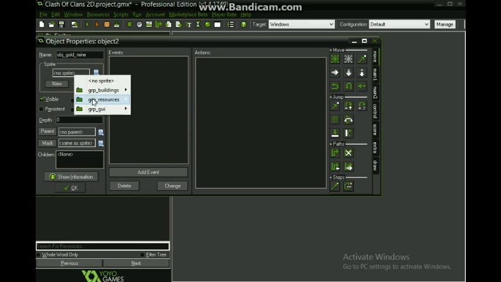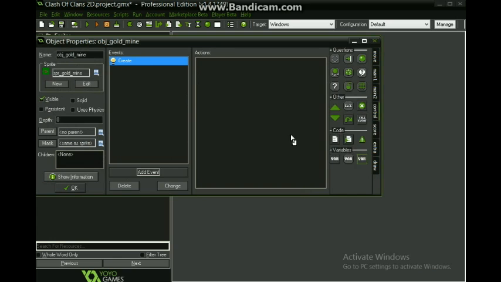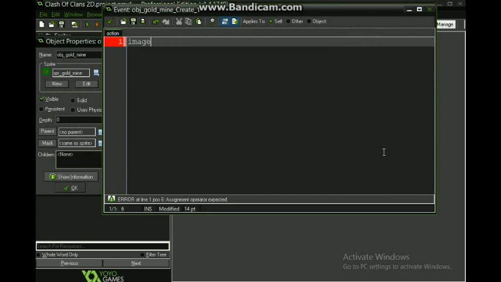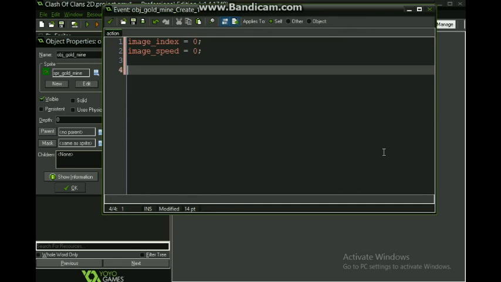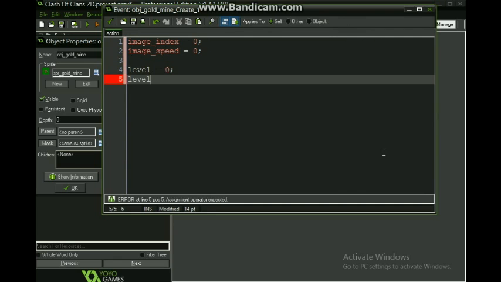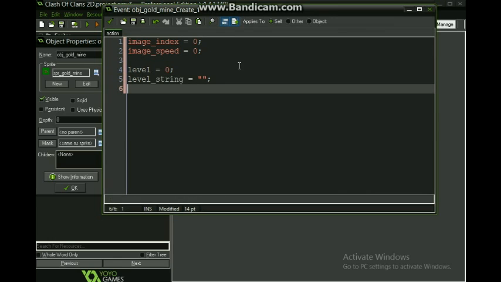We need that gold mine, and go there, create, and say image index equal to 0. Image speed is equal to 0. And we say level is equal to 0. Level string is equal to like that, like on the town hall.